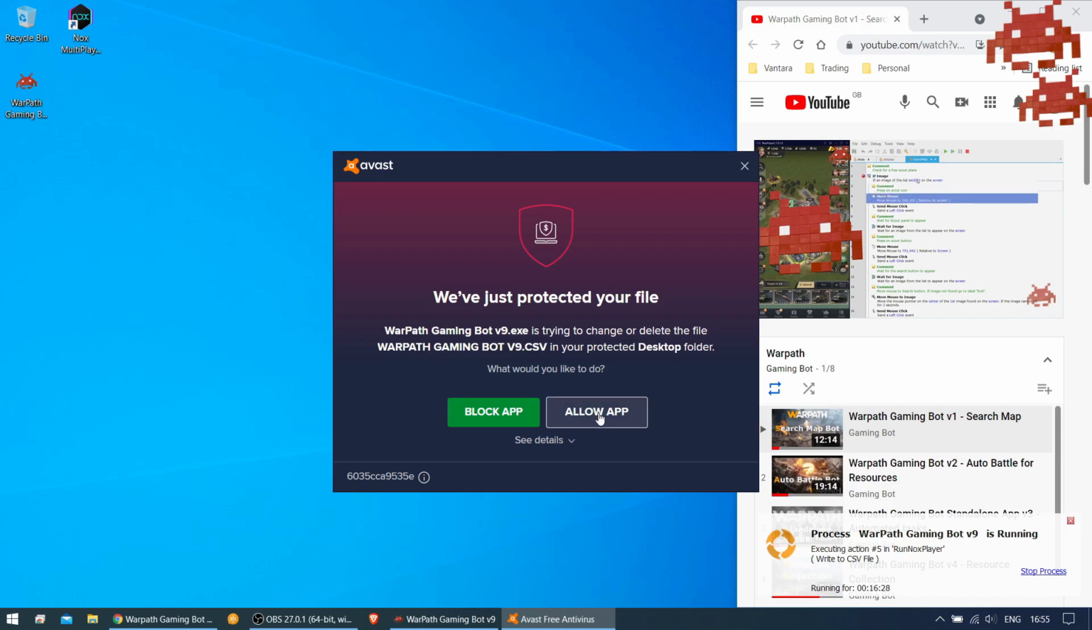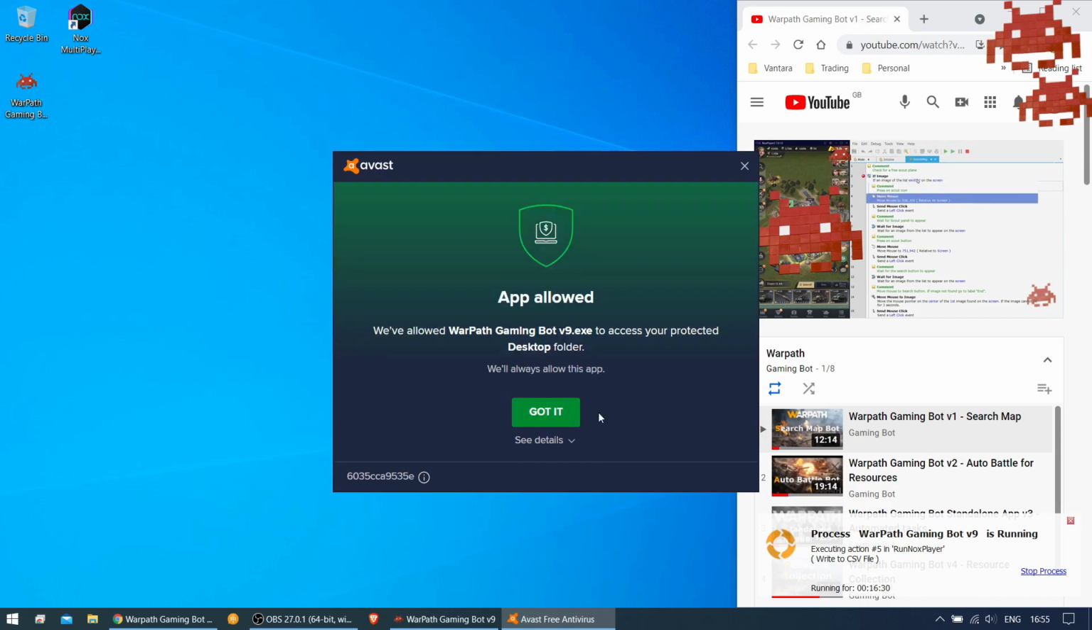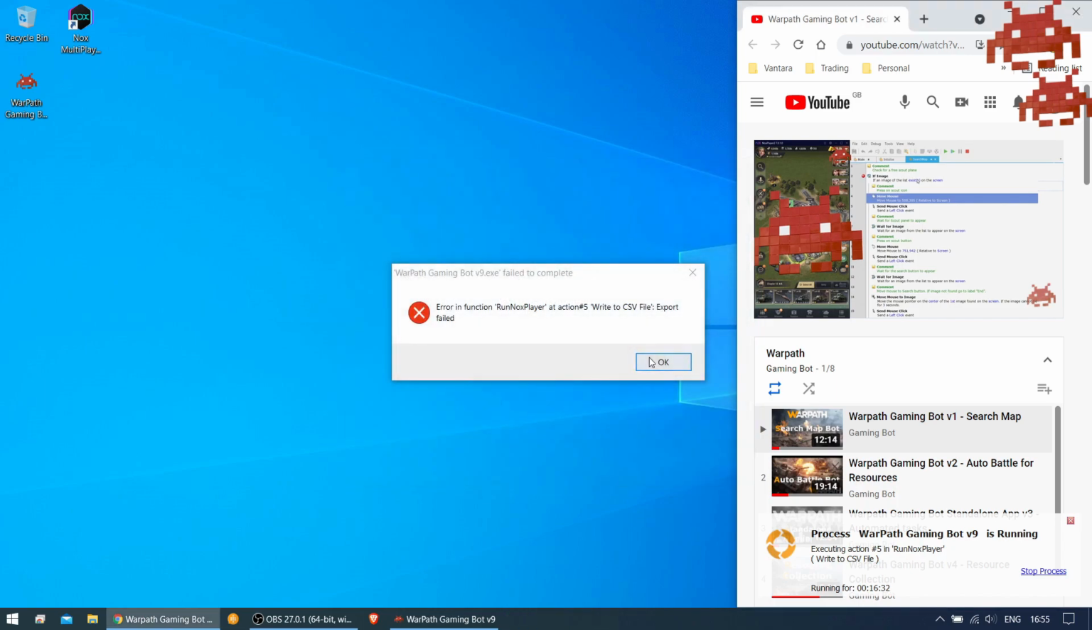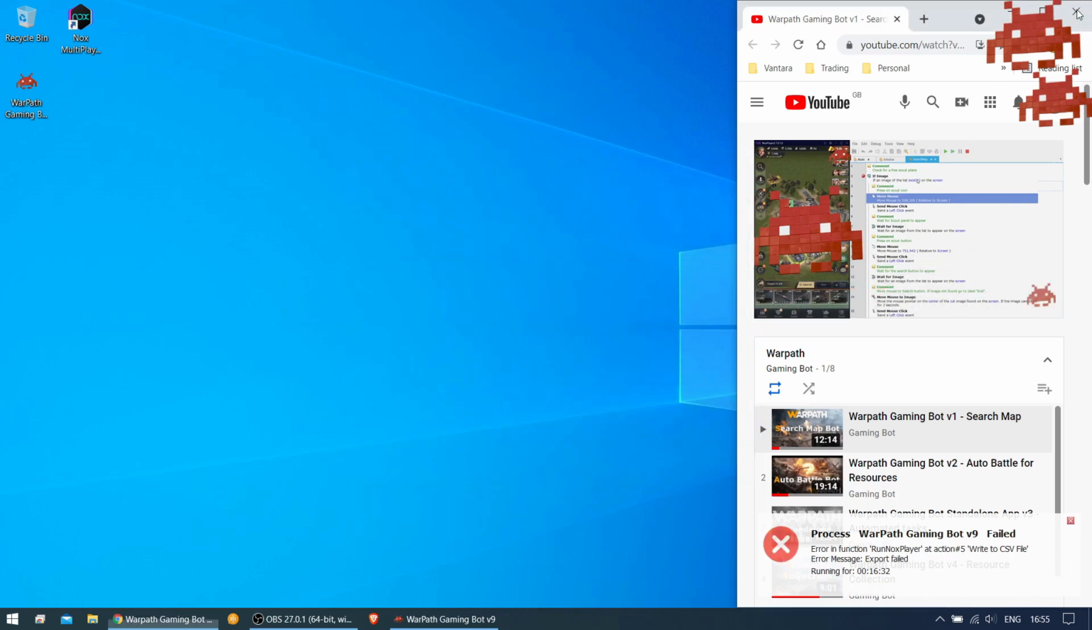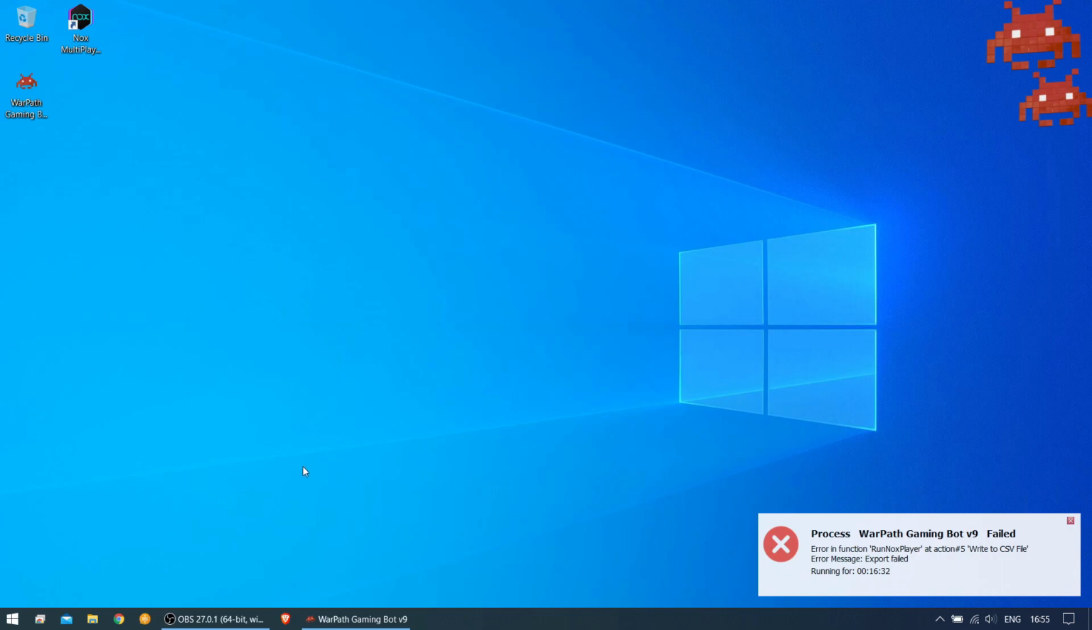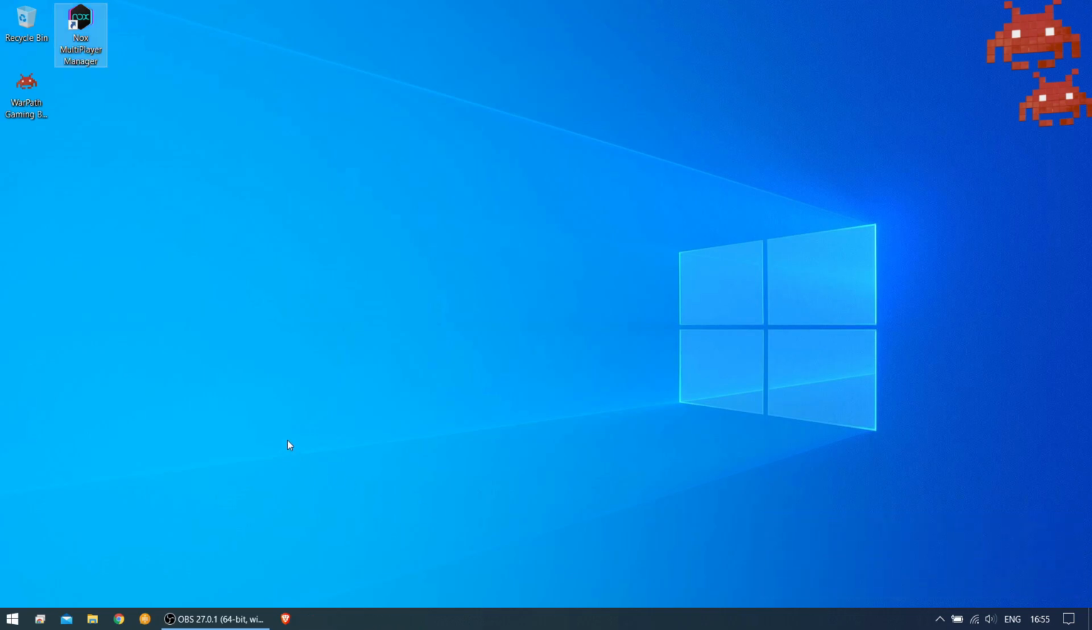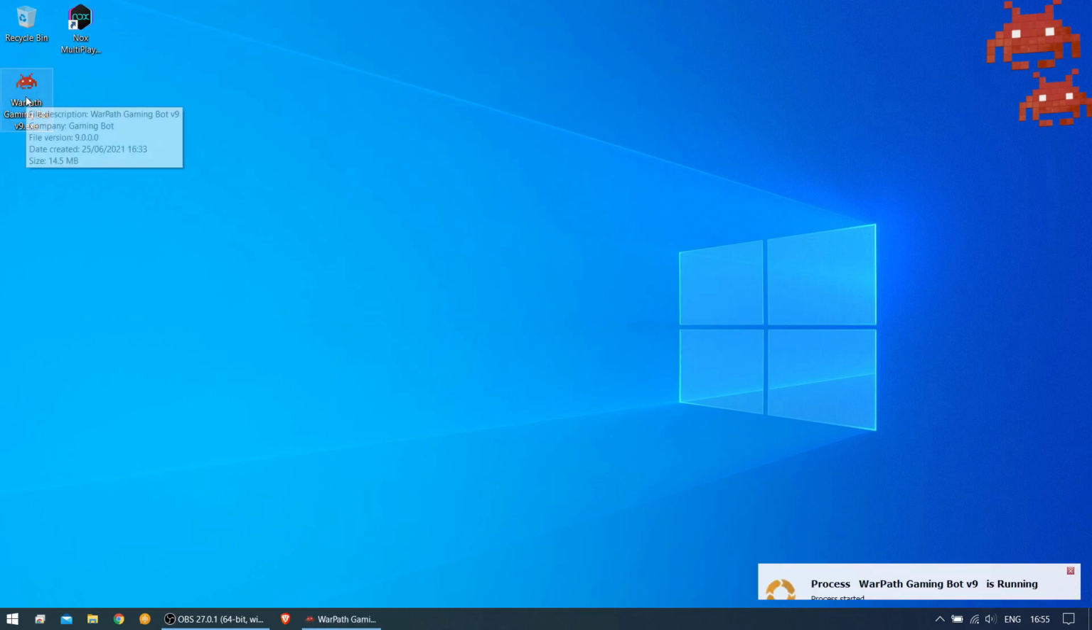So in my case, all I do is I say allow the app to do that, and I need to then run the bot again, and it will know that next time it's trying to create the file, it can run it safely. So double clicking on the file again,